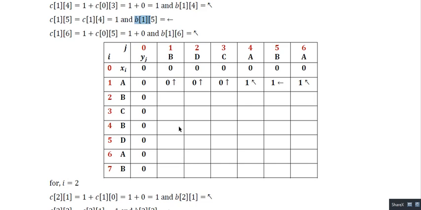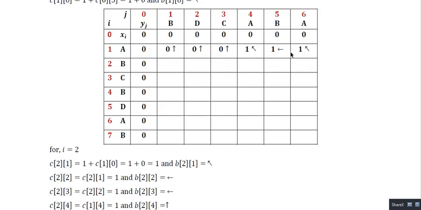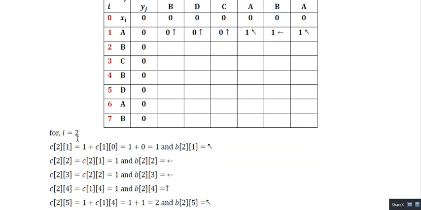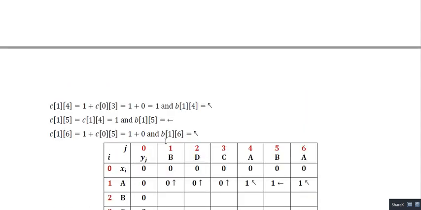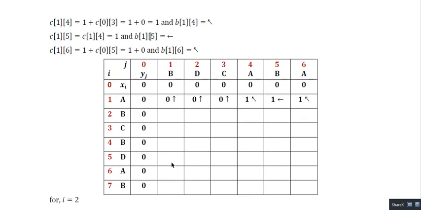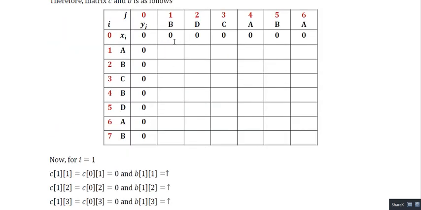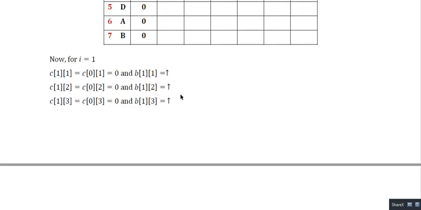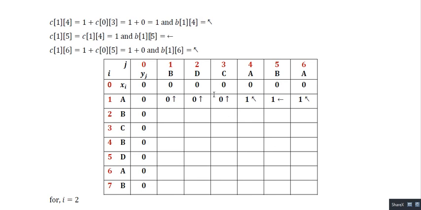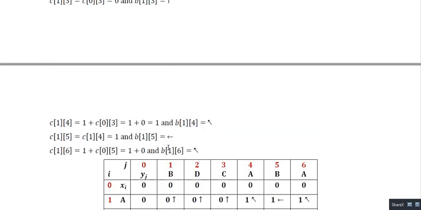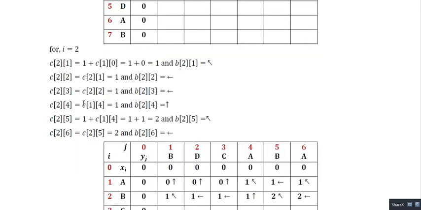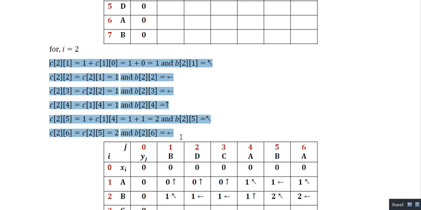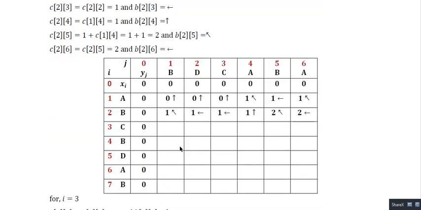Fine. Okay. So similarly the first row is over, so we can come to the second, i equal to 2. After calculating all the entries for the first row, here I am doing the updation, a single updation. Initially this was the matrix representing both C and B, and this is the scenario after the first iteration, that is for i equal to 1. For the second iteration, i equal to 2, we can have things like this. Again we have to go for C21.